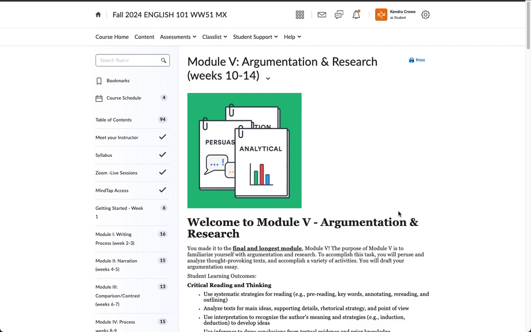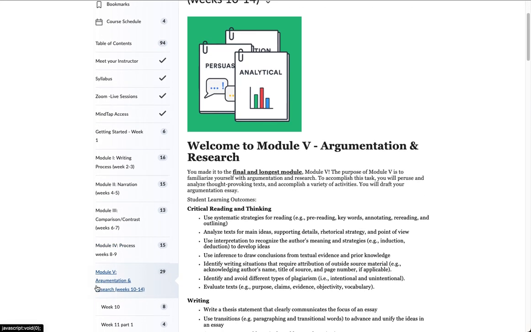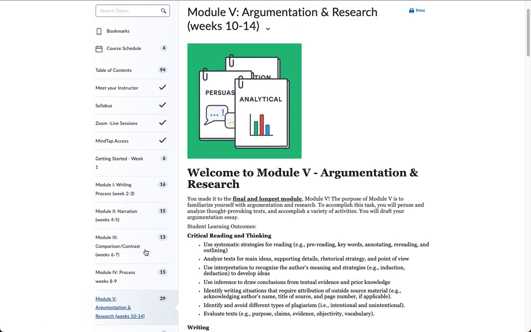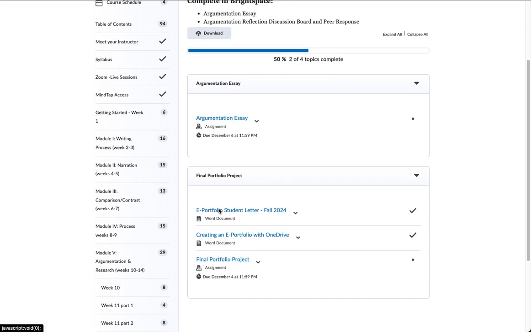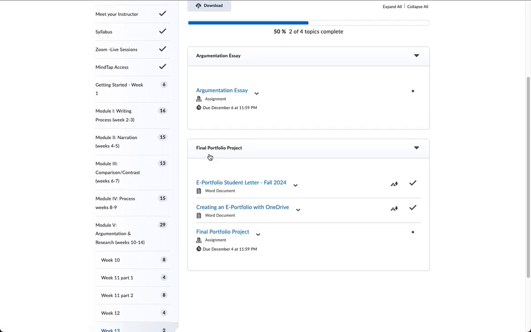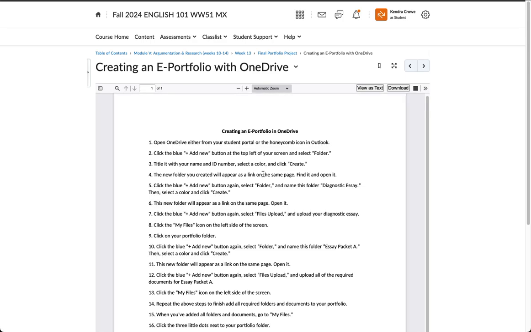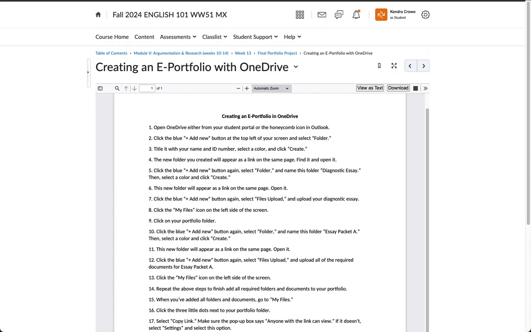So the information I'm going to be looking at today is in your course. If you go to content, it'll take you to this page. And what I'm looking at here is module 5. So if you go to module 5 and then you go to week 13, there is a folder here called Final Portfolio Project. Feel free to take a look at this information, but what I'm going to focus on today is this creating an e-portfolio with OneDrive. So if I pull that up, it gives this document here. And this is what I'm going to be using for step-by-step to go through the process of creating this e-portfolio